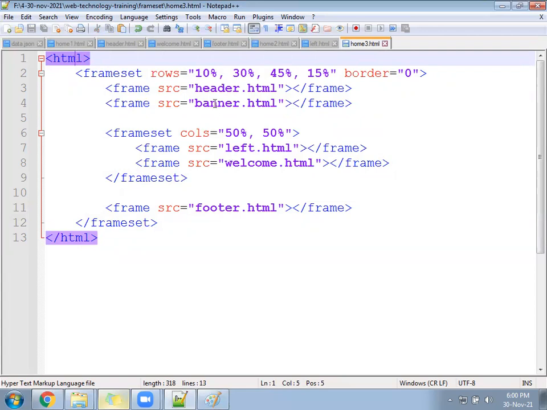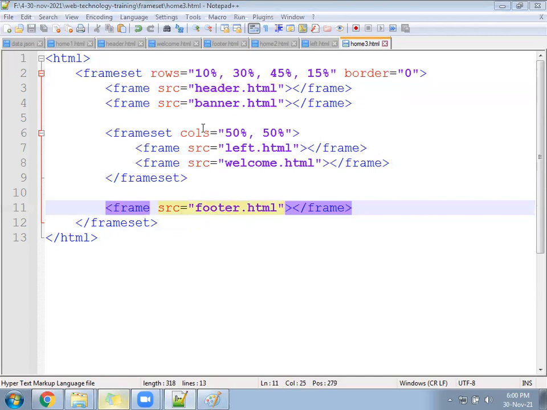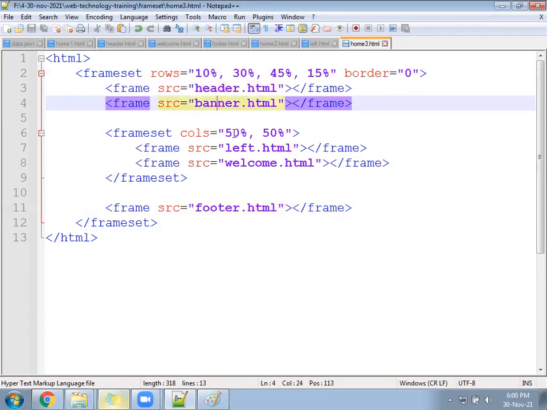Check now. So the banner is not there. Header should come on the top, footer should be at the last, and after that, the middle section should have left and right. These two blocks should appear. You can create a file welcome, not welcome banner. Which color will you create? Pink color.